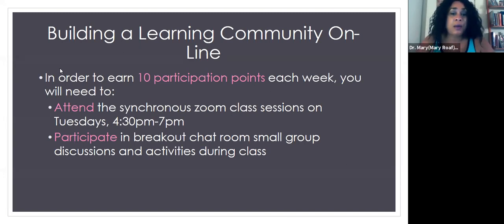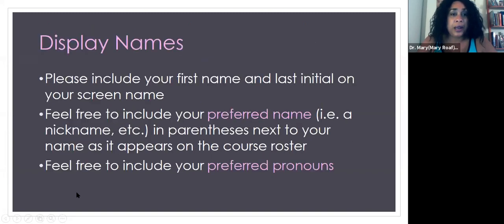When you're in the breakout groups, I'm not taking attendance or participation today, but you'll see when you're engaging in the breakout discussions and activities, I just write down the group numbers and group names from the screen, and that is how the 10 participation points are allocated. Again, I'm not going to do attendance until next week.